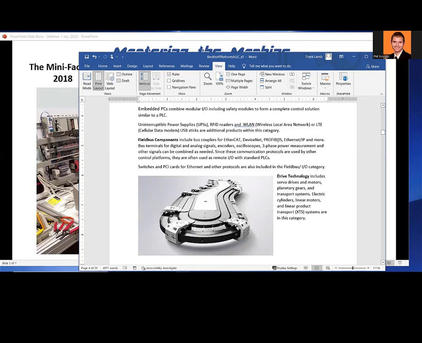Of course, if you're using Siemens, you might use Profibus or Profinet. If you were using Allen Bradley, you might use Ethernet IP or DeviceNet. And then the native language for Beckhoff is EtherCAT. And EtherCAT is a little bit faster and